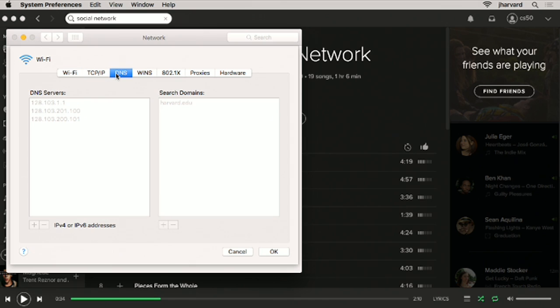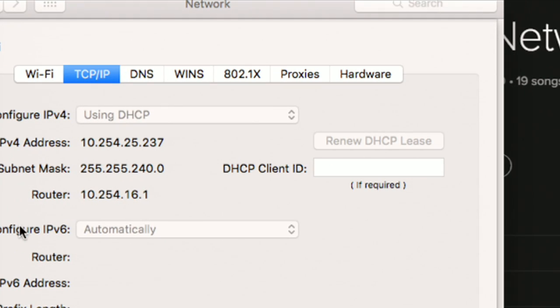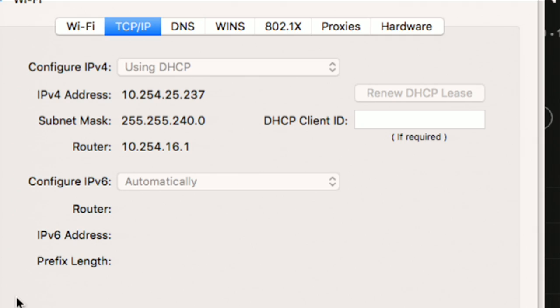If I'm more curious, I can click Advanced on my Mac. I can go up to TCP/IP and notice what is now familiar, perhaps. What protocol, what feature is my laptop using to do exactly what we just described? DHCP. I can't even change it because I'm already configured right now. It's locked, this setting. But my computer is configured using DHCP. And it looks like what Harvard's DHCP server has given me is an IP address, 10.254.25.237, a subnet mask, which we won't go into today, but a subnet mask is just an additional number that